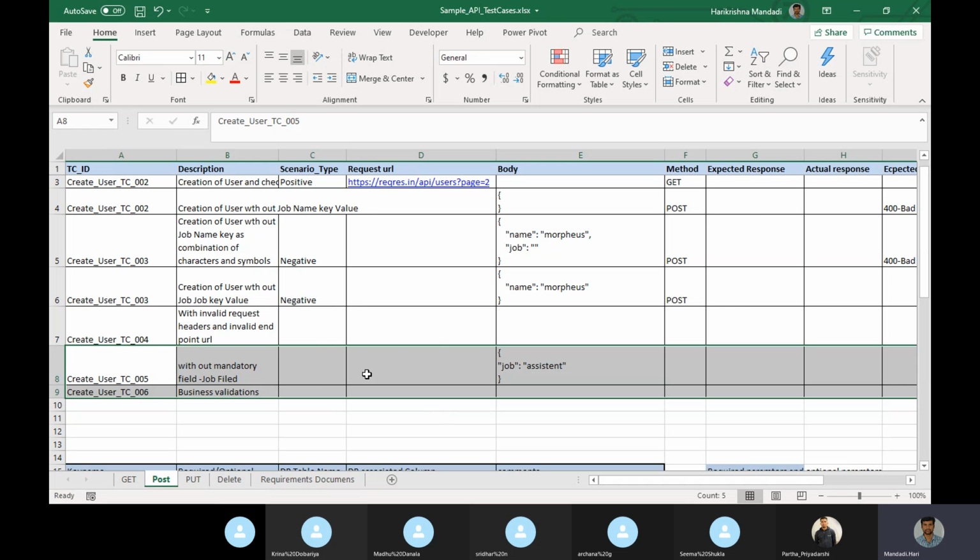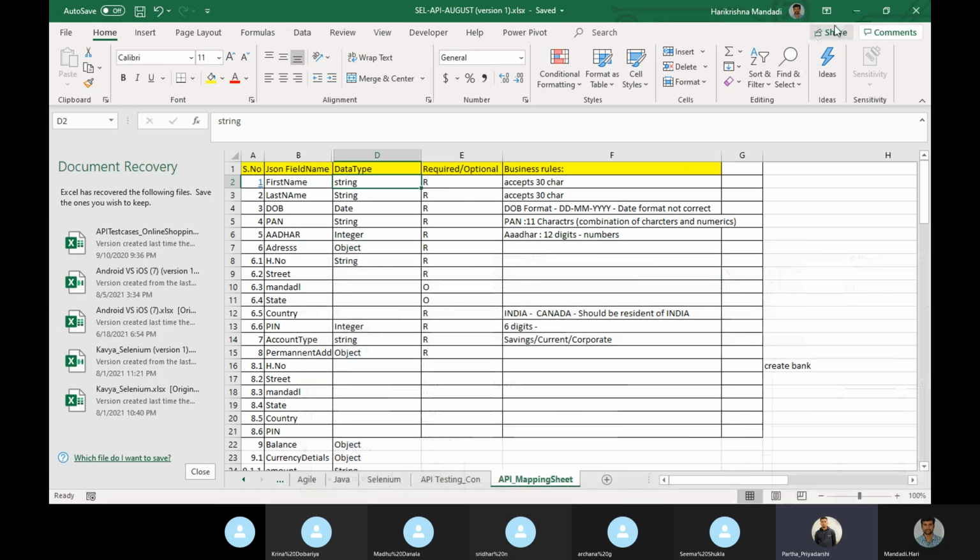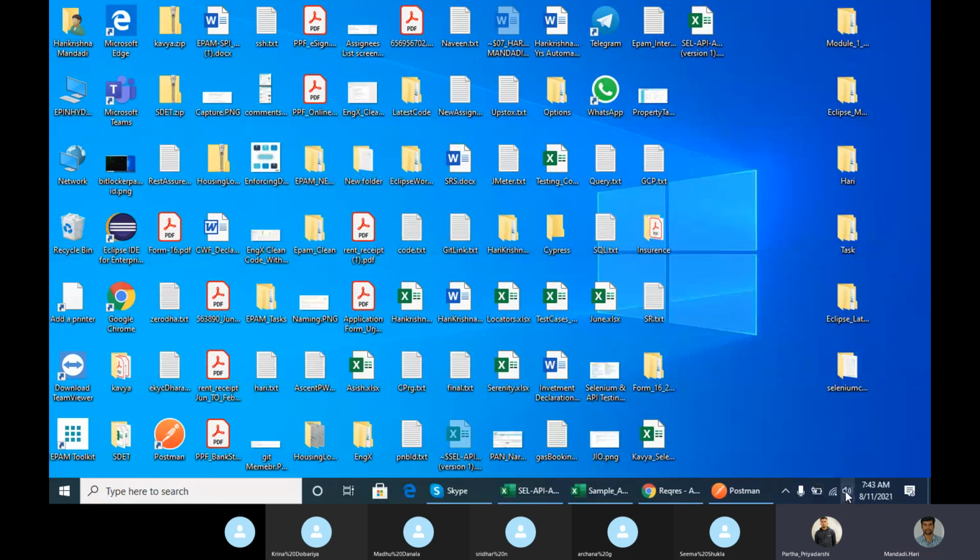In real time scenarios, they'll give one Jira, and you should create the validation points into test cases. In my project, and in your project, it is the same thing: every day they'll give me a Jira, for that Jira manual testing with the automation.